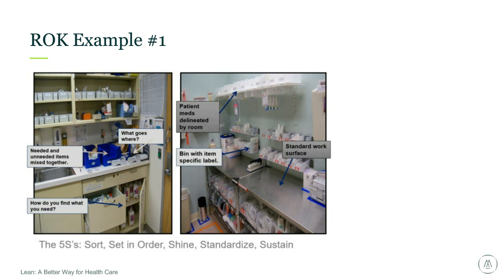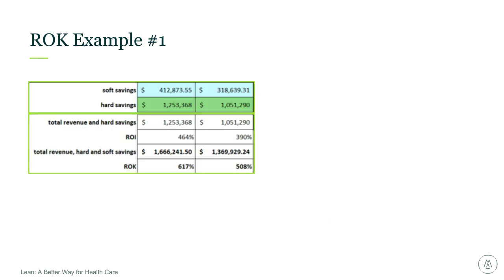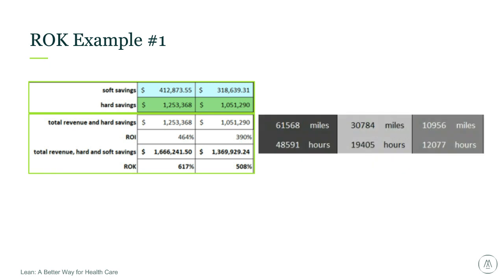And when you look at what a return on Kaizen example can look like here, you see the typical soft savings and hard savings. This is an example of an organization that we have worked with where, across multiple nursing units in a large academic center, they're seeing a return on Kaizen in terms of hard dollar and soft dollar savings of a significant amount. You can see some of the numbers here. And it calculates into miles or hours of time saved for the people who are working